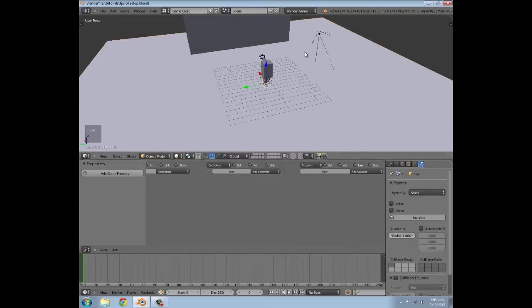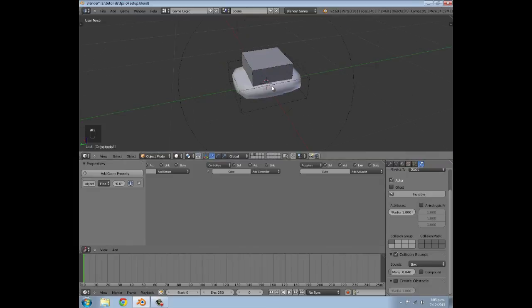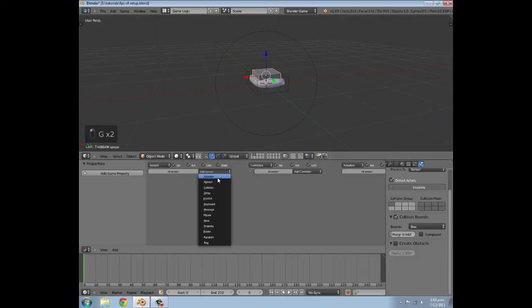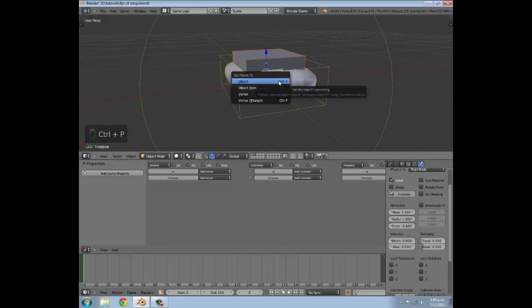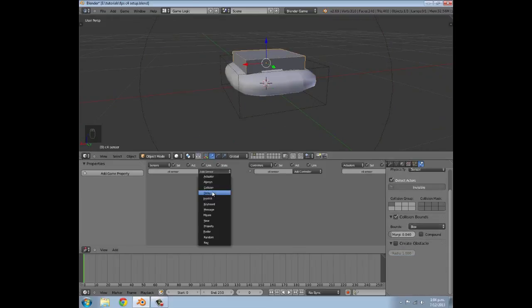Then we're going to have to give the wall an actor and collision bounds as well. Then I guess we can move it down just a little bit. And so basically, the C4 sensor is going to be parented to the piece of C4. When the C4 sensor collides with the property object,